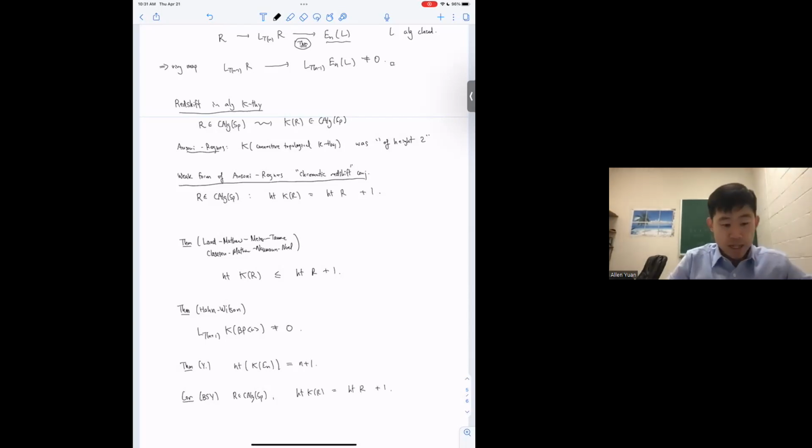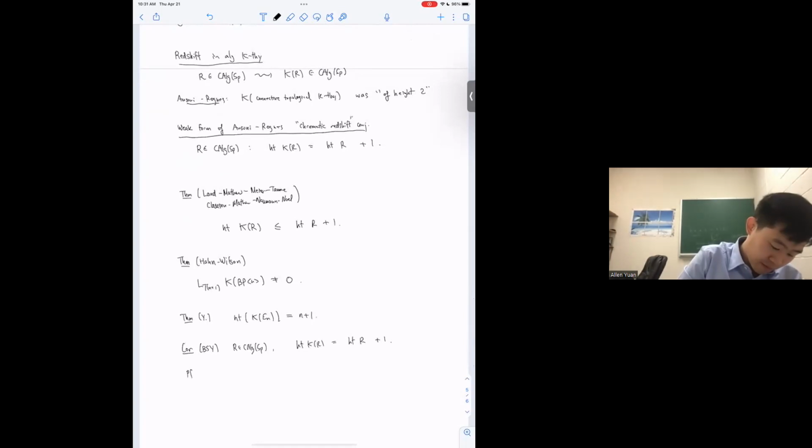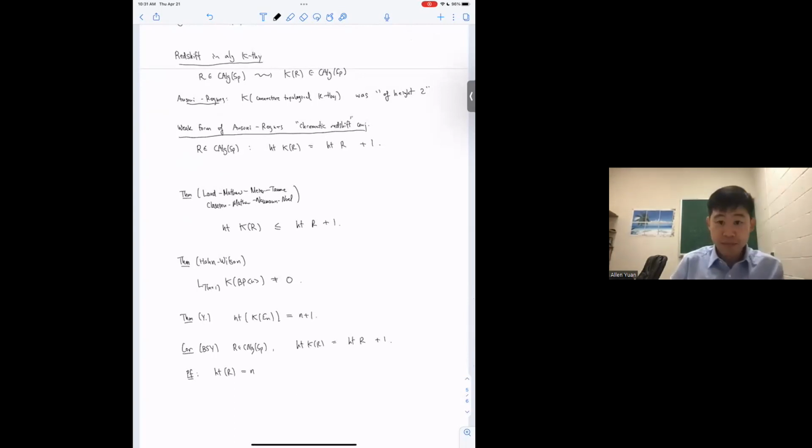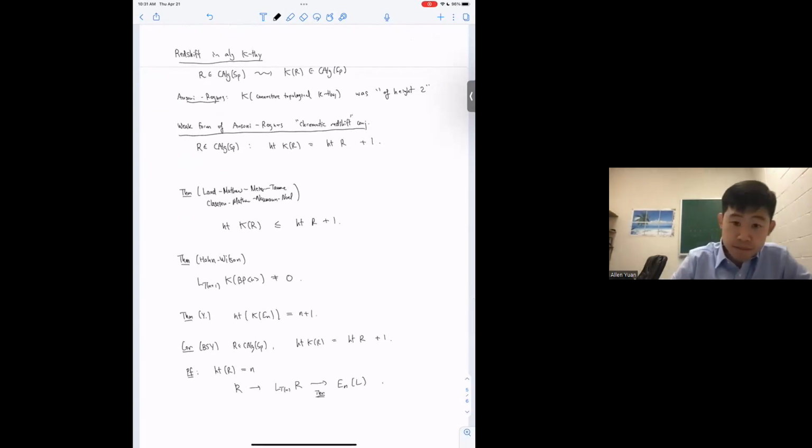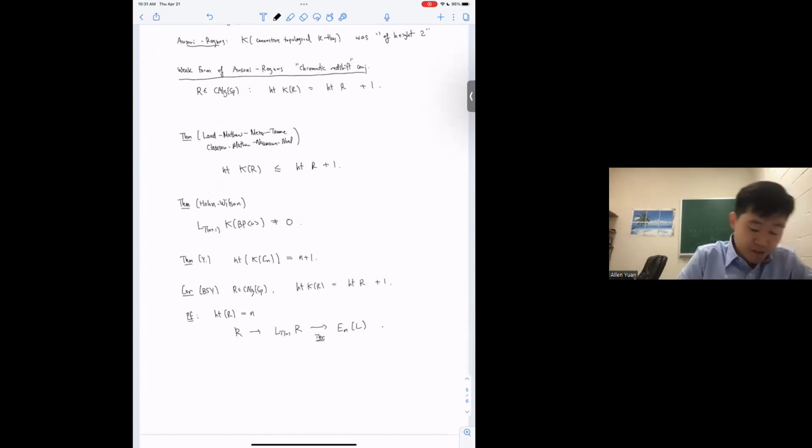And the proof is along the lines of this proof of Hahn's theorem that I showed. So if I say that the height of R is some integer n, then again, R maps to its Tn localization, which is non-zero, and therefore that, by the theorem, maps to some Lubin-Tate theory. And now, instead of just localizing this ring map, I can take K theory of that ring map. So I can apply algebraic K theory and obtain a ring map from K of R to the K theory